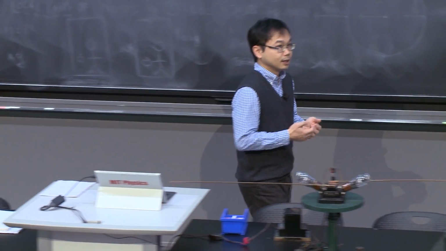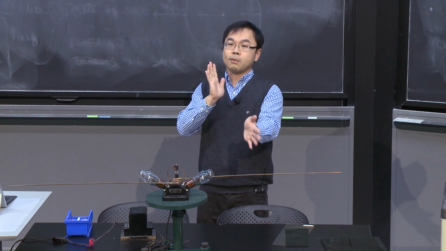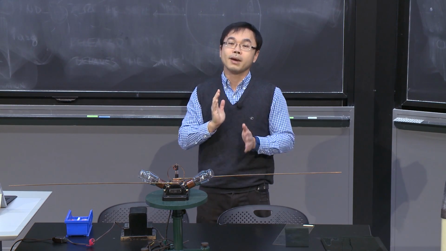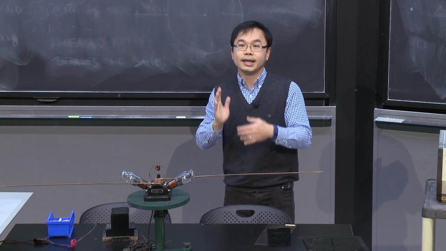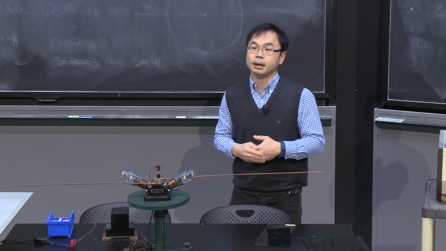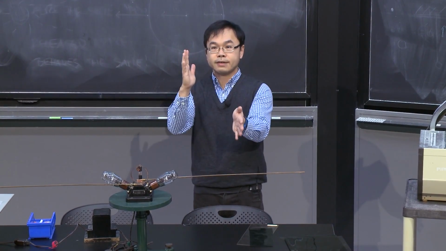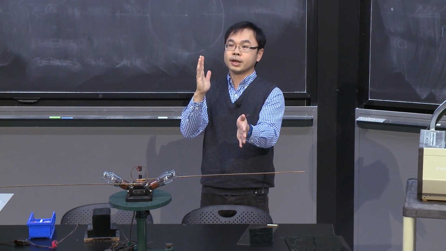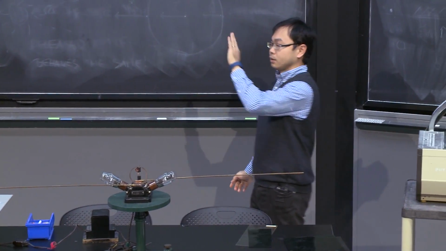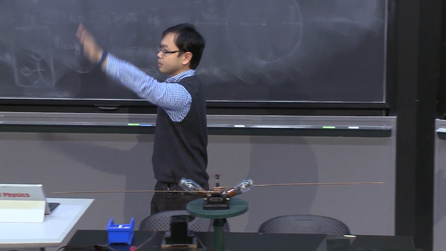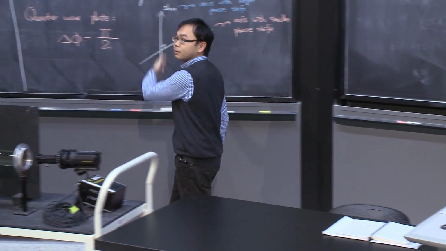And we also learned circularly polarized light, right? When you have two components, one is in the x direction, the other one is in the y direction. If the two components are out of phase, okay, say they differ by 90 degrees, for example, and they have the same amplitude, then the superposition of these two waves will be a circularly polarized wave. So basically, the wave propagation looks like this. The pointing angle of the electric field is rotating as a function of time,